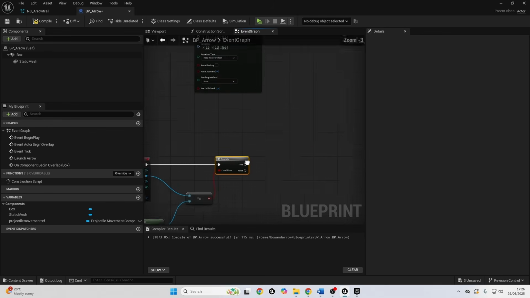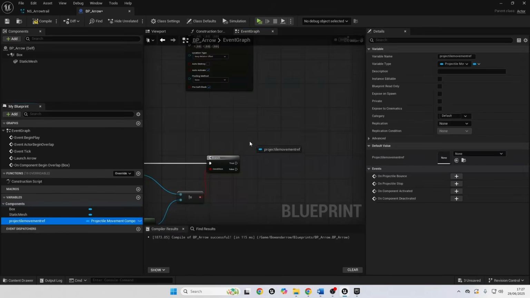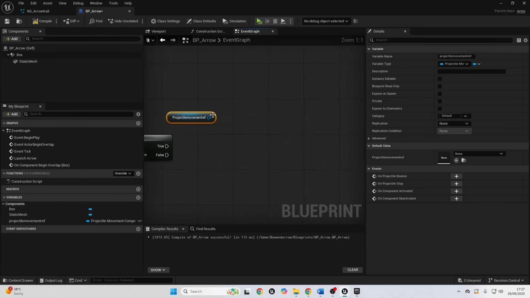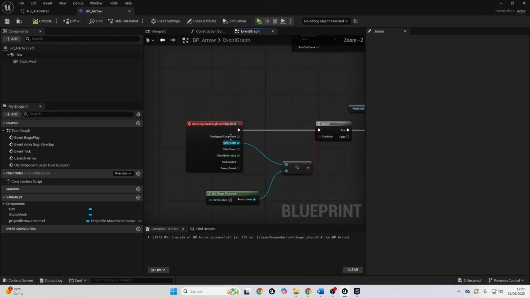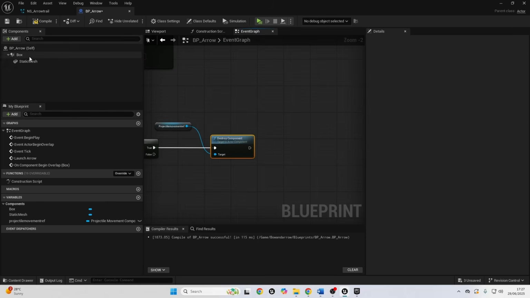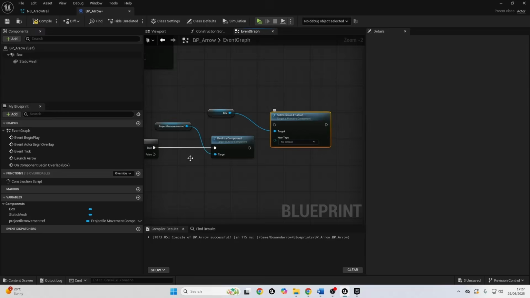So if this is true, the first thing we want to do is just drag in our projectile movement reference, get it, and drag off here and look for Destroy Component. This will stop our arrow from being able to move. We then want to make it so this box is no longer colliding with anything again. So let's just drag in the box, drag off here and look for Set Collision Enabled, and set it to